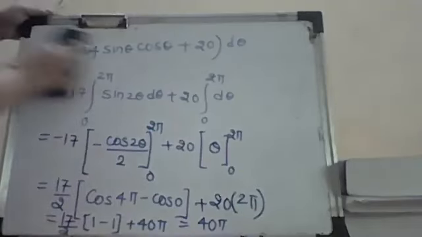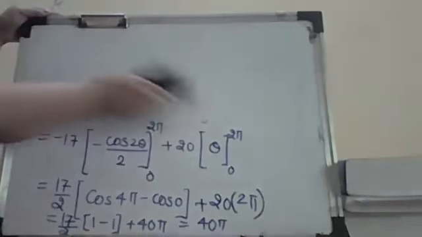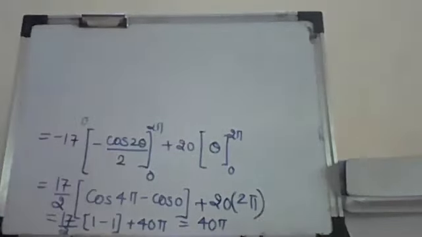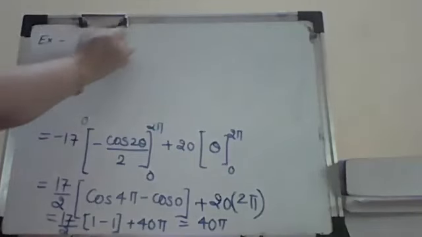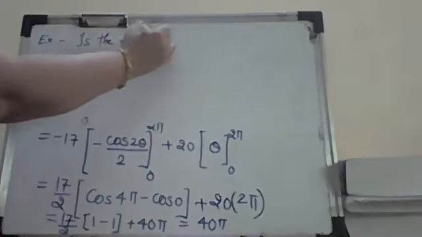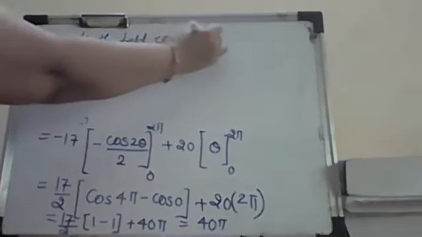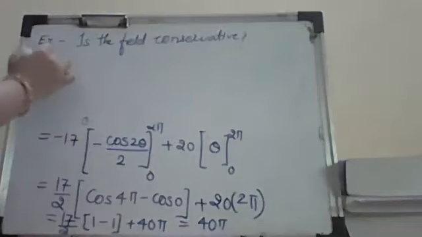Make a note because that is very important. If it is asked in the examination whether the given field is conservative or not, then you are supposed to write down the answer for that. Additional marks will be given; out of 5, 1 mark will be allotted for that particular statement. So if there is an extra question in this question, you write: is the field conservative? In the earlier question, is the field conservative? Then the answer is no.